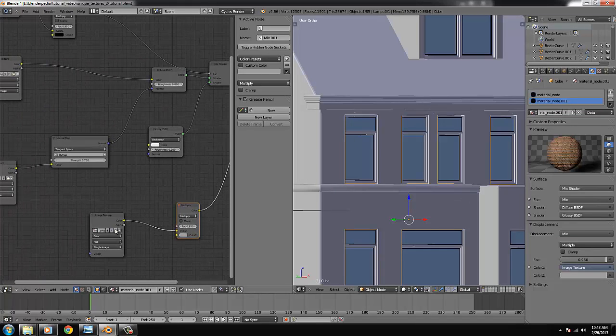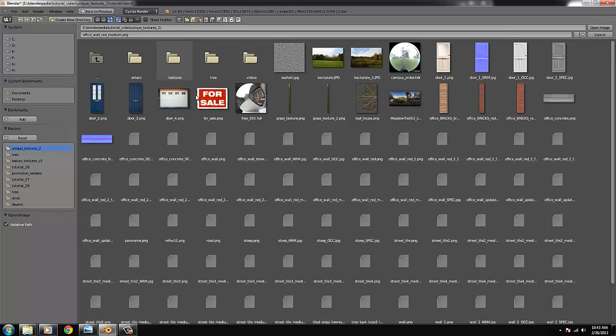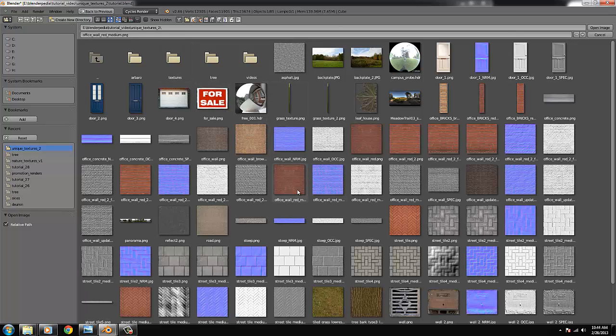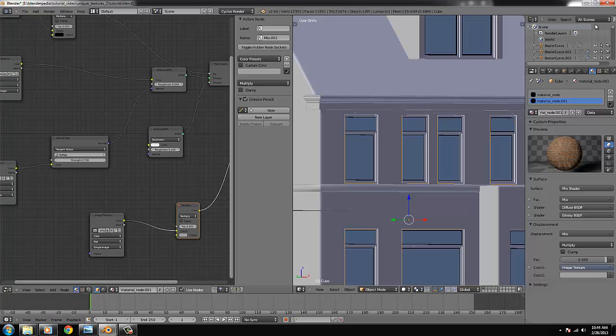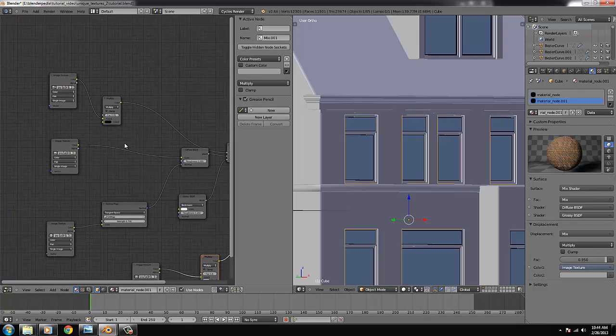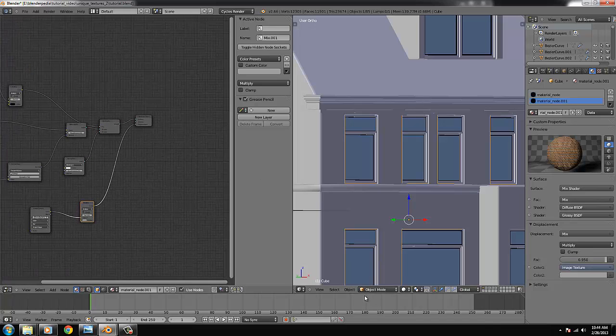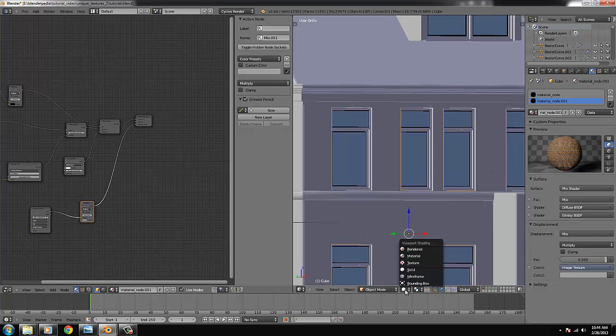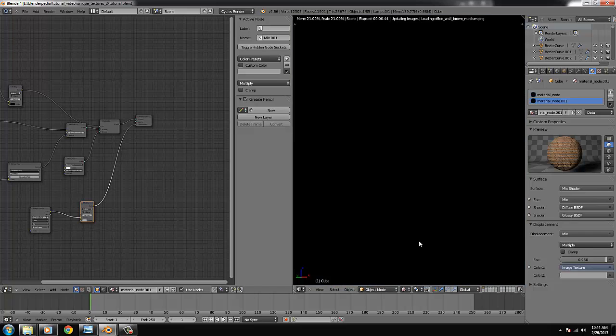And we also need to change this one still, or maybe not. I don't know if we have to change that one because it has the same values. Yeah, there is a little change, so it's good that we change that. We have to change, no, the specular map will be the same. So if we go closer and hit render,